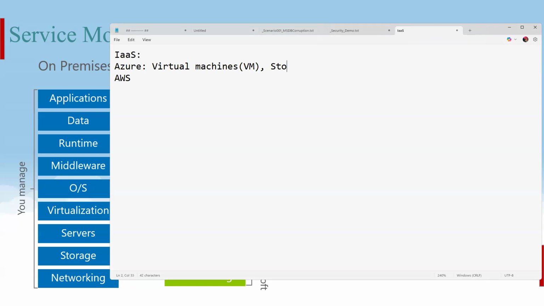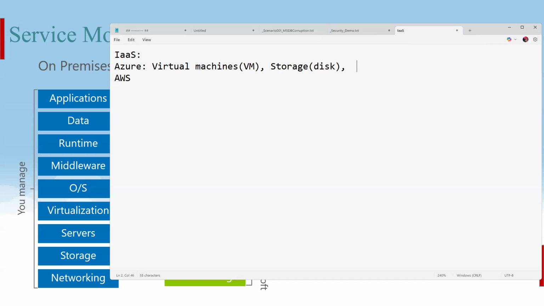Storage is nothing but disk, our traditional disk. Storage account we'll remove and treat as a PaaS platform.